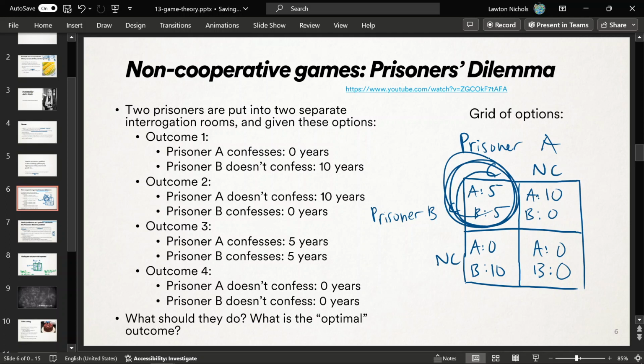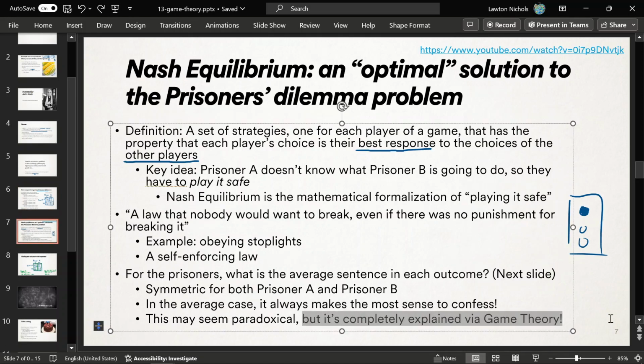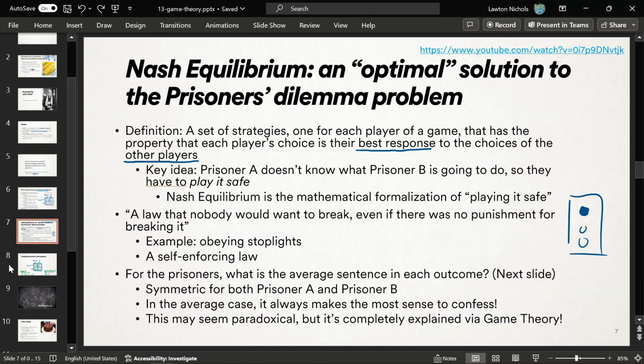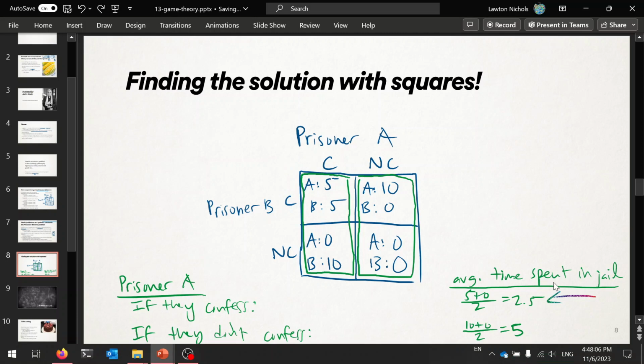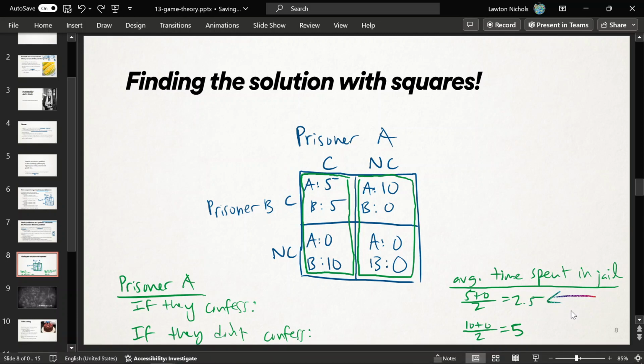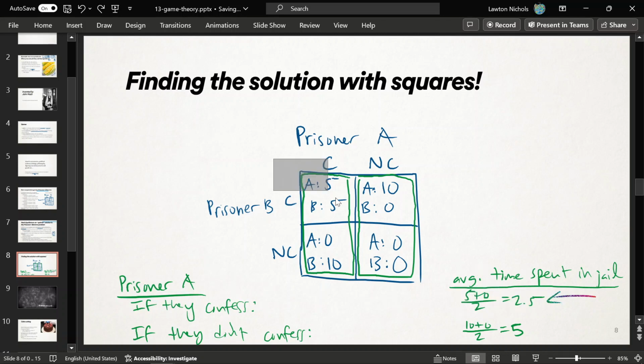Okay? And that might seem weird and paradoxical to you, right? Because if they just both kept their mouth shut, they would walk away for free. But game theory tells us why they're both going to confess. Because on average, it's always better to confess for each of them. And so they're going to gravitate towards that outcome. All right? Because in either case, regardless of what the other person does, they're spending less time in jail on